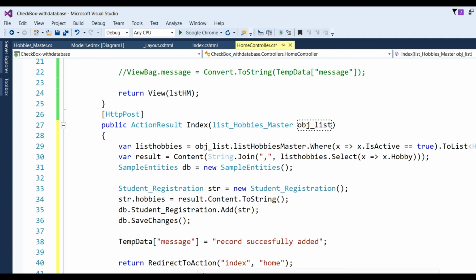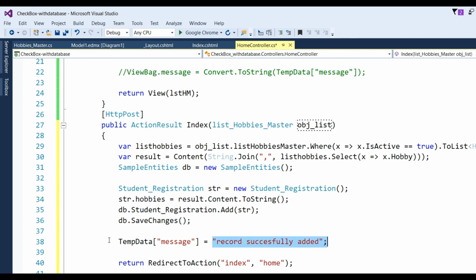Now our main question here is, if I write ViewBag and then put a redirection, then will the record successfully added message show, or will ViewBag give a null value when we redirect from one controller to another controller? So I have written some code here.